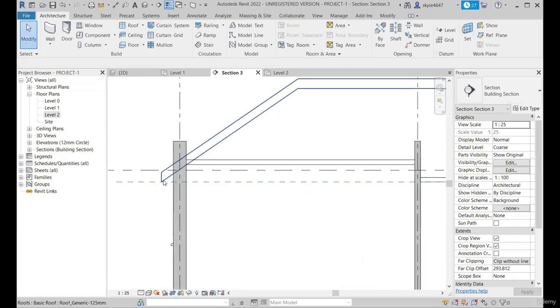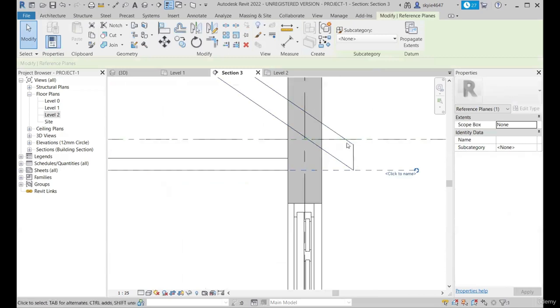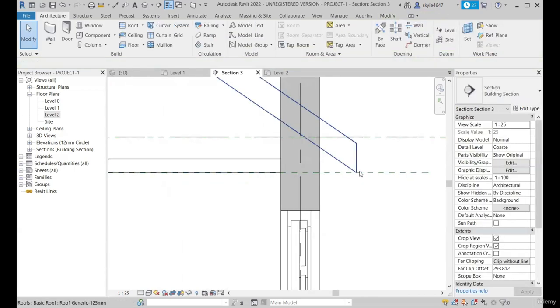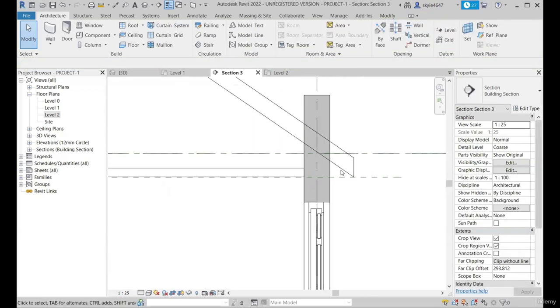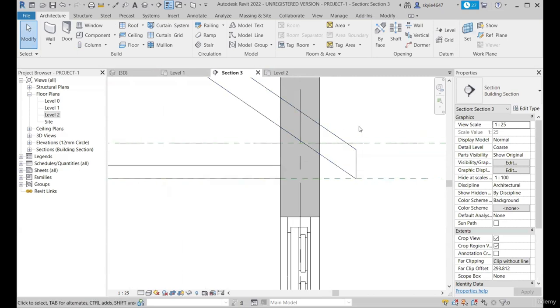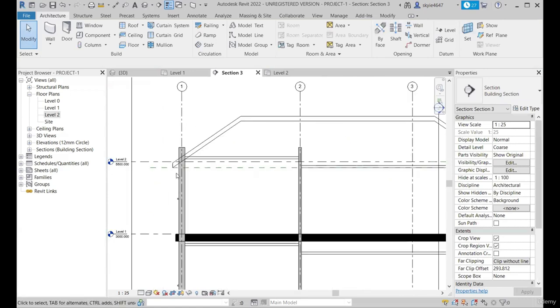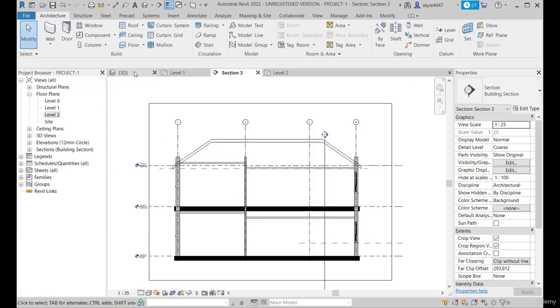For example, these both ends are at the same level, like you can see here, where I have drawn a reference plane to demonstrate it. So both the tips are at the same level, but what if I need this side of the roof to be present up or below this face, or there is an elevation difference with respect to this face, so you can do that using the